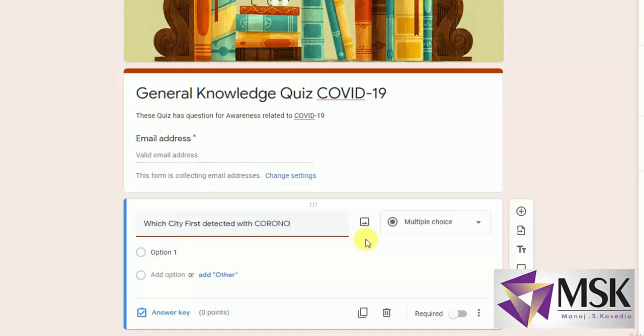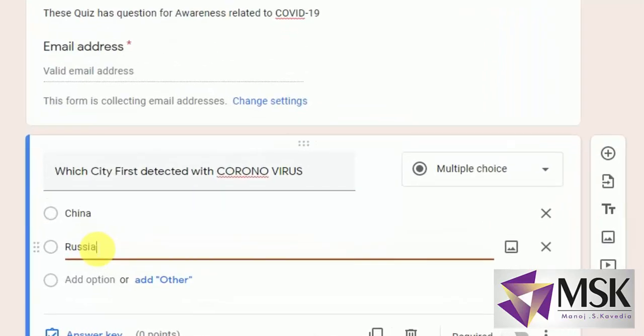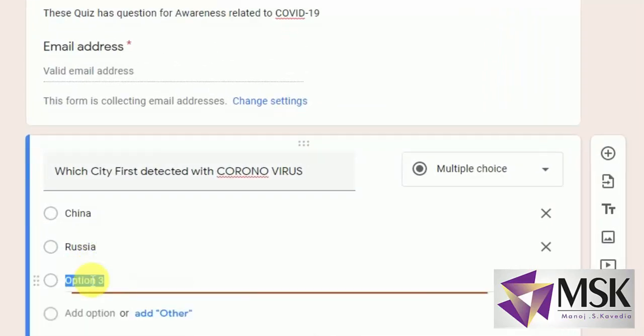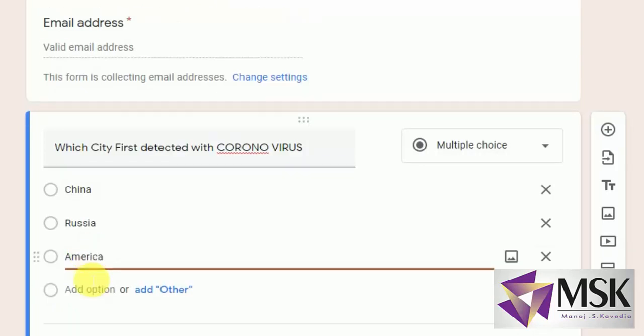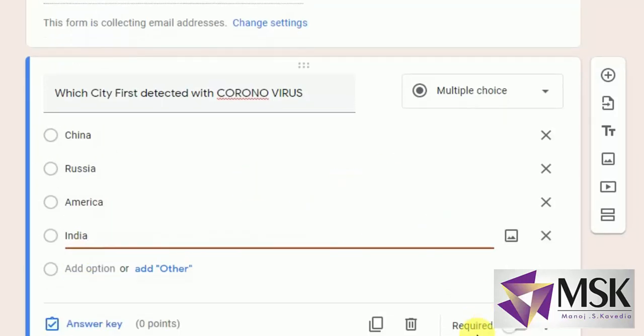So here I can give options as China, Russia, America, and India. Now after this I can make it a compulsory question, so I'll click answer is required.